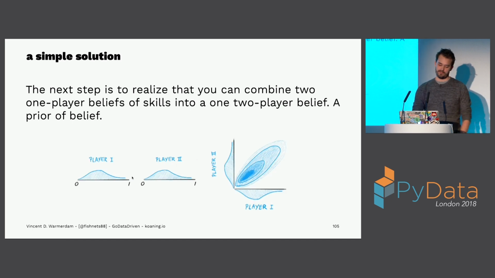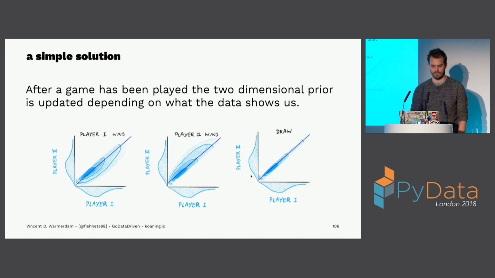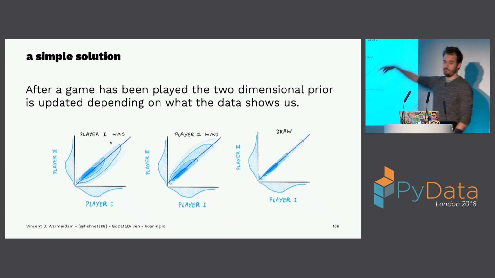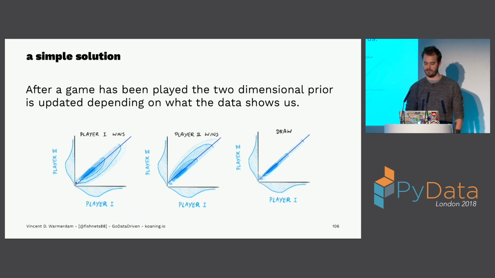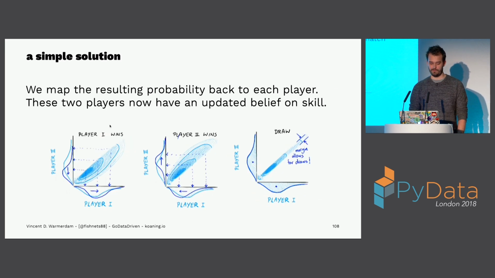Okay, simple way to model this. Follow along. I've got a distribution for player 1. I've got a distribution for player 2. Then, because before the game has been played they're independent of each other, I will have a 2D distribution of these 2 players. Suppose that one of the 2 players won, I can just throw away all the probability mass on one side, just draw a diagonal. If player 1 was the winner, then all the probability density mass that was here has just been declared unlikely because the player lost. The only thing I've got to do then is come up with a clever update rule that